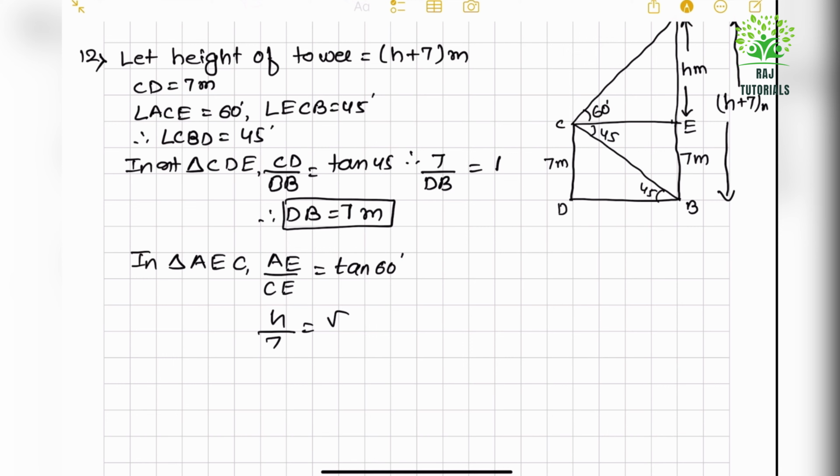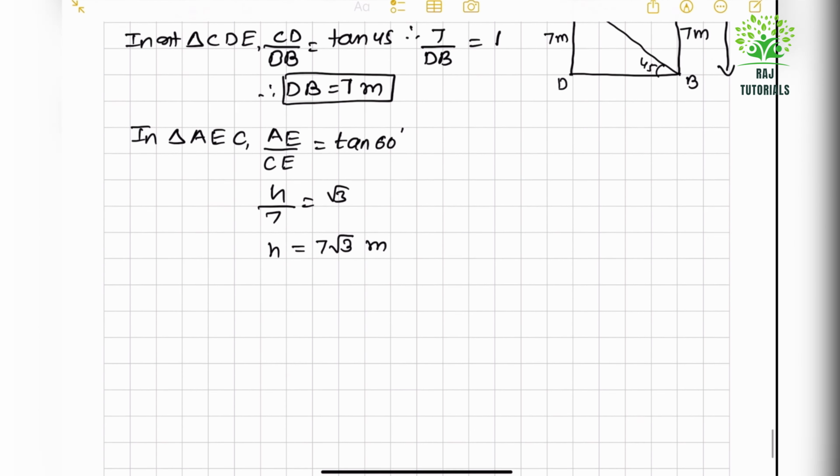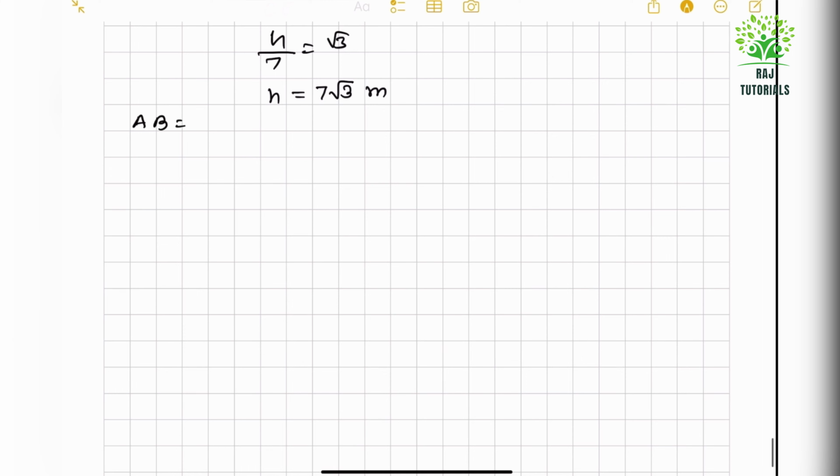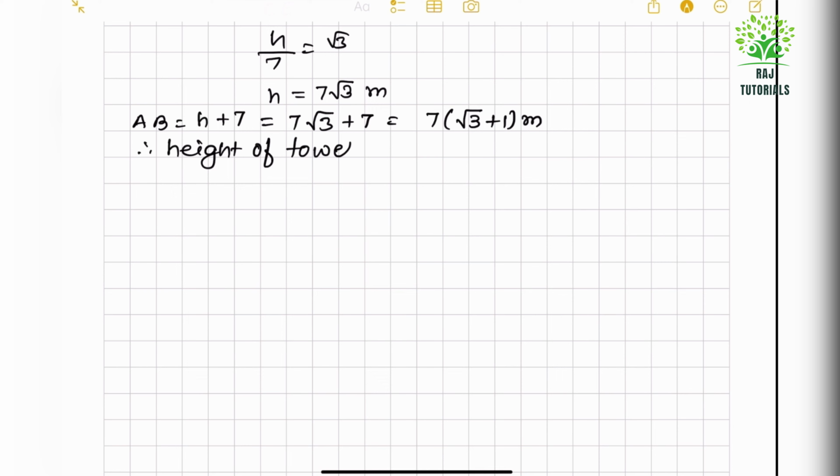Now in triangle AEC, AE upon CE equal to tan 60. So h upon 7 equal to root 3. So h equal to 7 root 3 meter. Now AB equal to h plus 7, that is 7 root 3 plus 7. So that is nothing but if I take 7 common, 7 into root 3 plus 1 meter. So height of